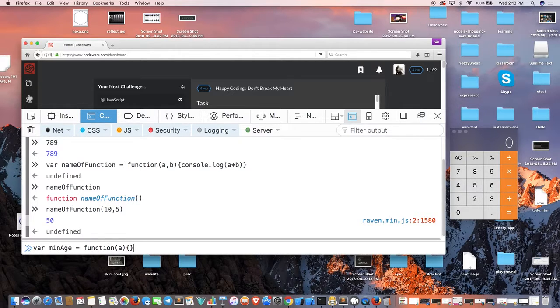So this is the basic syntax, you could call it, to create a function. So min age is the new function. We're only passing one argument, and you could imagine that this function is like for an ID scanner or for an amusement park, and you're trying to see if the person is a certain age or not,